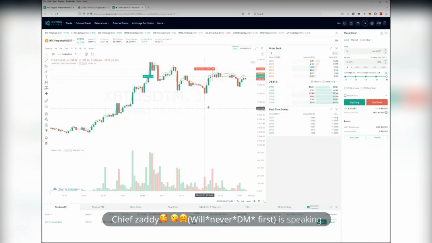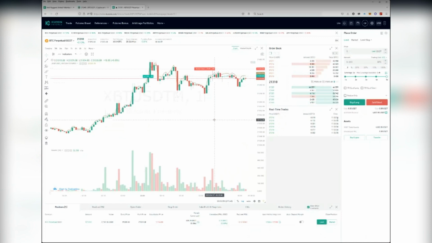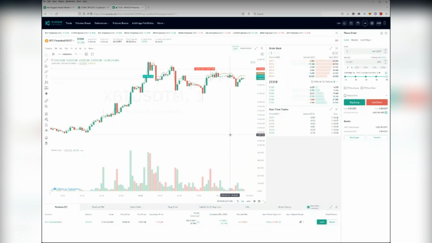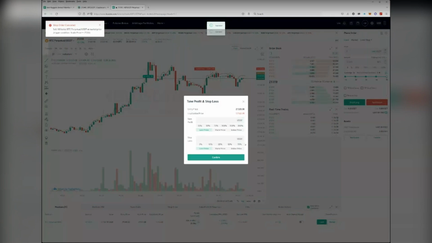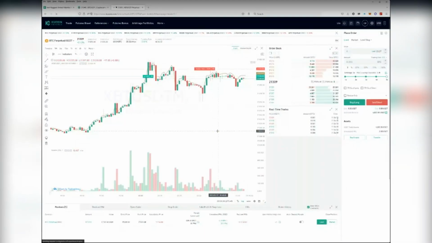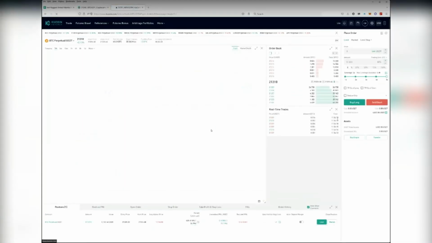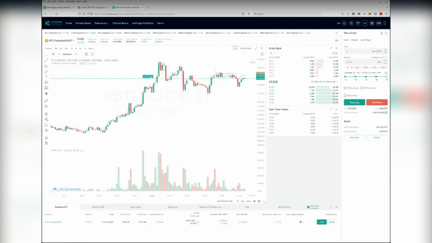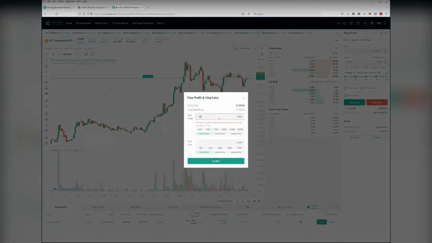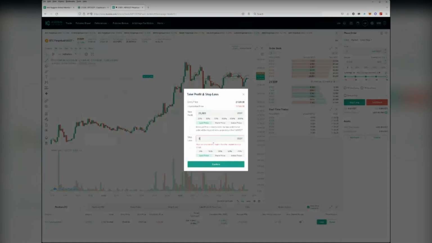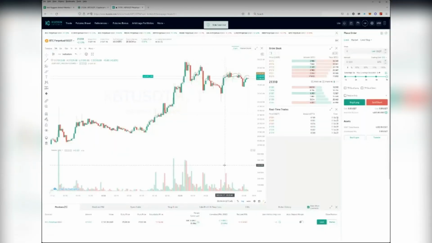Yeah, I'm basically kind of done with KuCoin. I'm gonna take all the rest of my cash out of here and just be done with it. Let me just cancel everything and then try it again, because this shows our entry. Let's say I want to do a stop loss. Let's say take profit at 23,000. Stop loss at 19,000.